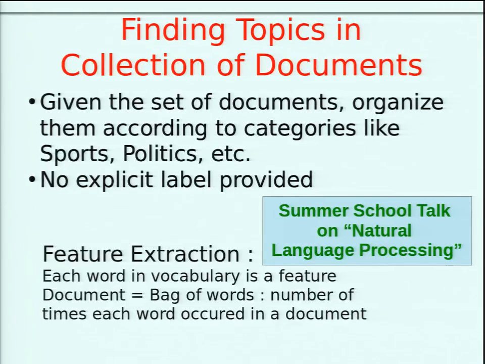So the most popular technique to extract features here is basically, suppose you have some 10,000 words in the English vocabulary. Each feature vector is a 10,000 dimensional vector, and the value of a particular component of this vector is the number of times that particular word occurs in the document. And this is called,